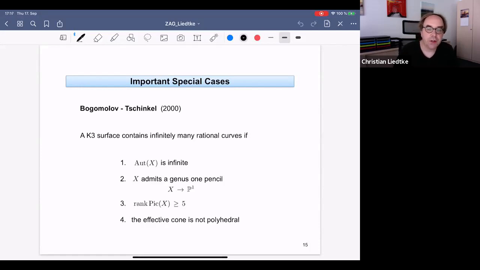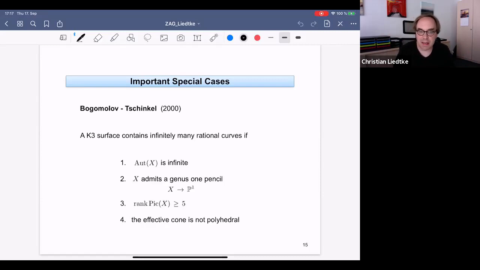Moreover, you can also show that if the K3 surface admits a genus 1 fibration, then there are infinitely many rational curves. This is a very, very beautiful argument where they produce a rational curve, which is a multisection of the fibration, which is non-torsion with respect to the group structure of the Jacobian. So basically, if you have one of these rational multisections, then you can use the group structure, or the torsor structure, that is lurking around in the relative setting, to push around this rational curve. In particular, you can show that if you have a K3 surface of Picard rank at least 5, then